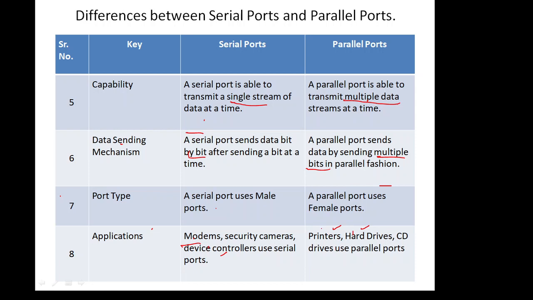So this is the information regarding the serial interfaces and the parallel interface. These are very important in order to connect two devices, whether to connect the computer to the peripheral device or in order to transfer the data from computer to peripheral device or from peripheral device to the computer. We need an interface. That interface we call as a communication interface. These communication interfaces are of two types, serial interface and the parallel interface. These are the differences between the serial interface and the parallel interface.